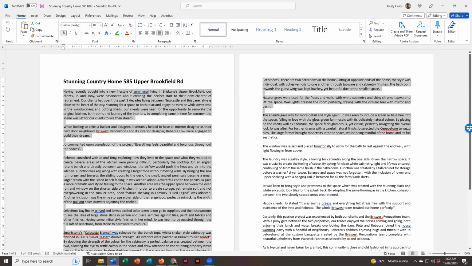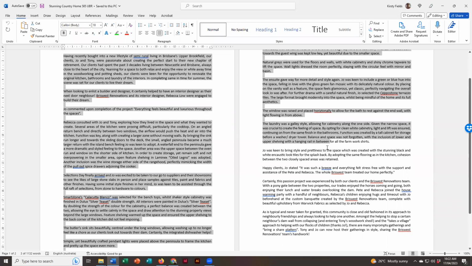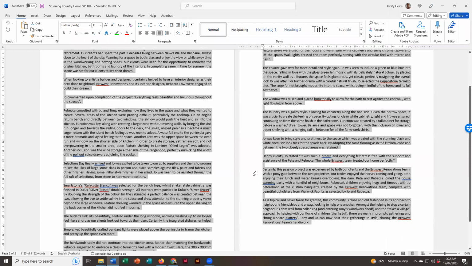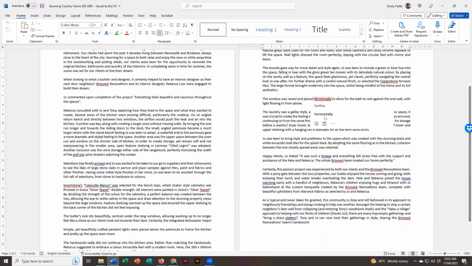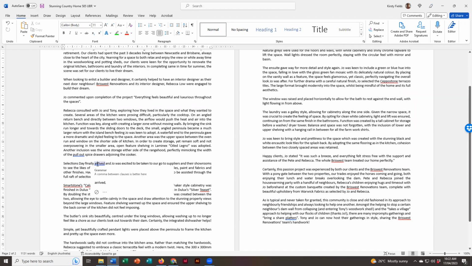For this project, I'm going to just literally copy and paste all the text. But as I've done that, I can actually see that she's got errors in her spelling. So for example, horizontally is spelt wrong. So I'm going to edit that. And I'm going to check for some of these suggestions. So we've got housewarming as 2 words, but Google says that it's 1. So I'm going to just click and accept Google's request for adding hyphens where we should,